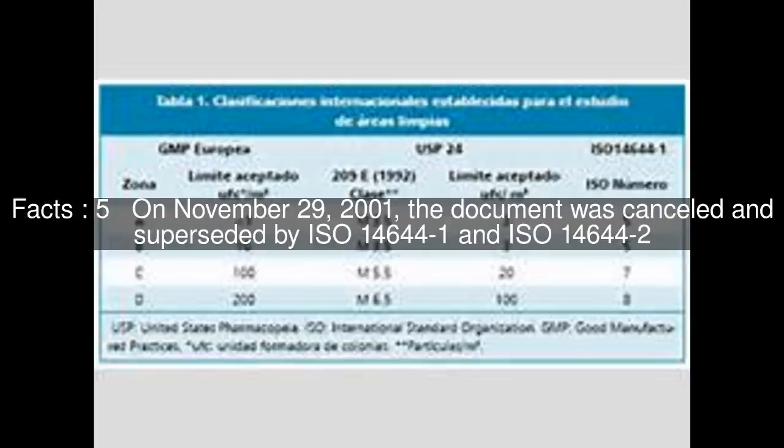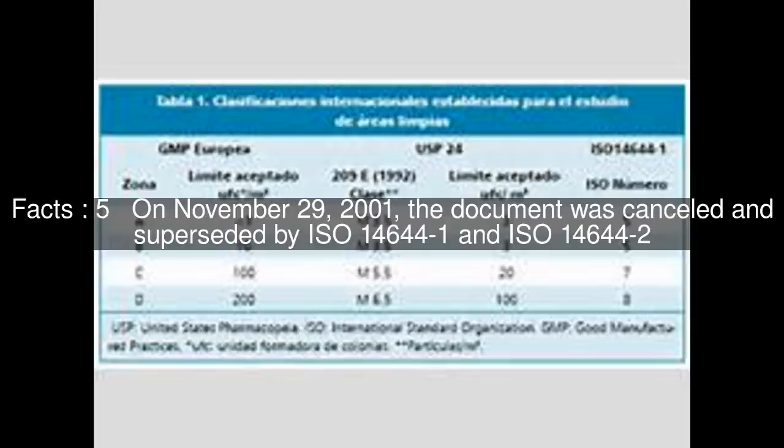ISO 14644-3, Test Methods; ISO 14644-4, Design, Construction, and Startup; ISO 14644-5, Operations; ISO 14644-6, Vocabulary; ISO 14644-7, Separative Devices, Clean Air Hoods, Glove Boxes, Isolators, and Mini Environments;